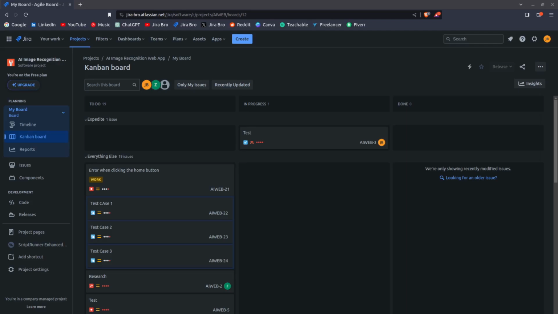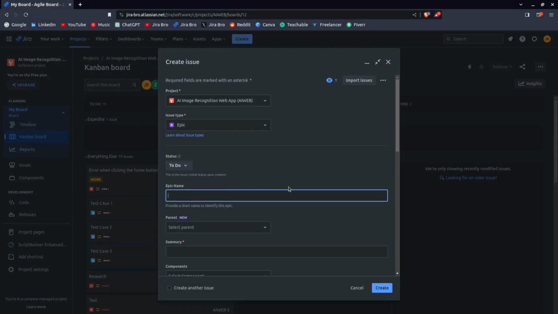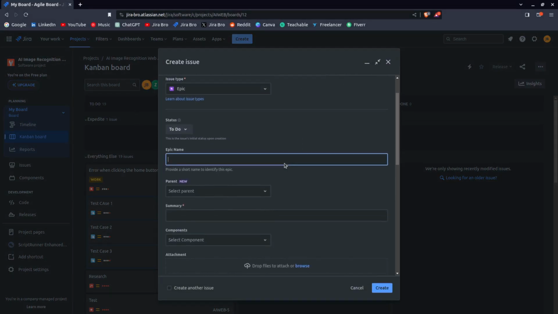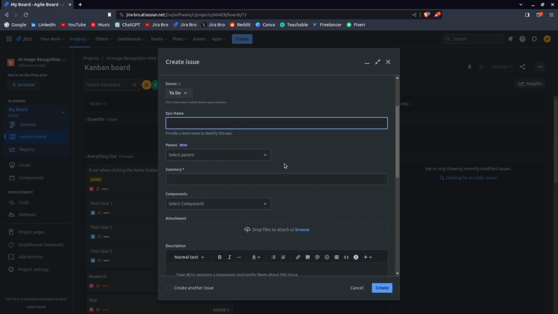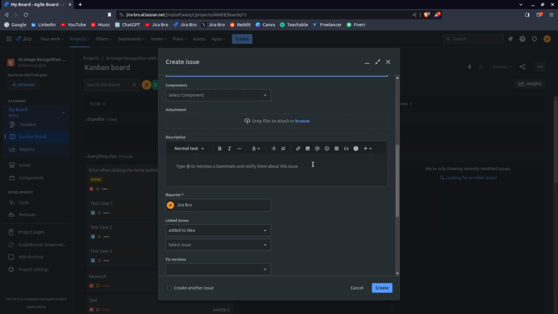Okay, so you're thinking to yourself, all right, I've seen the epic, and how does the epic actually look, or how is it being made? Well, you click on create, and this is where it begins. Epic name. So it's going to be UI UX redesign. There's also going to be the summary. The description is going to be a bit more, so you can say